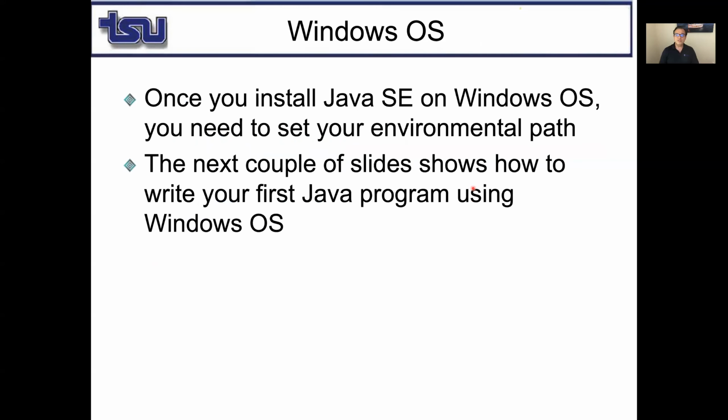With Windows operating system, for Macintosh, there are no issues. You just install and you run Java without any settings that you need to do. But for Windows operating system, once you install Java, you will need to set your environmental path. I'm sure you don't understand what it means right now, but in the next couple of slides, I'm going to show how you're going to write your first program using